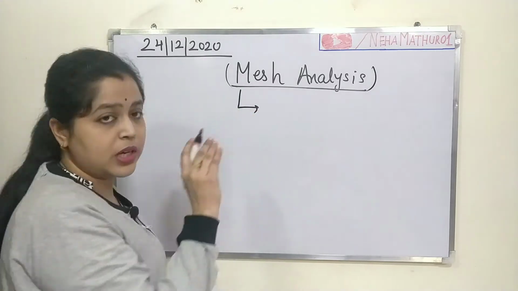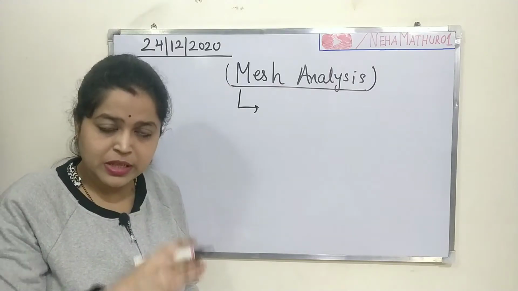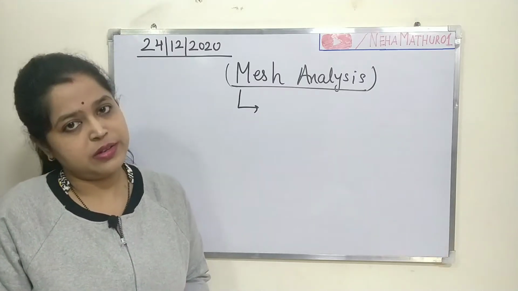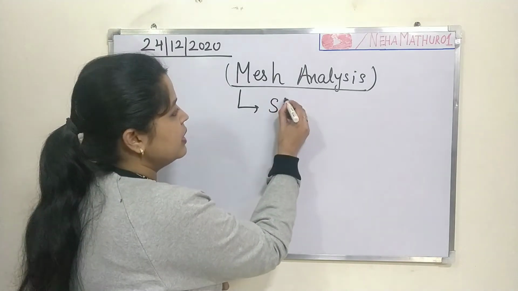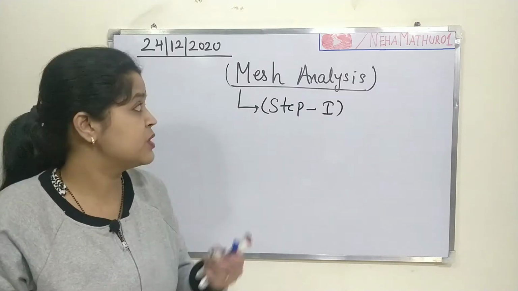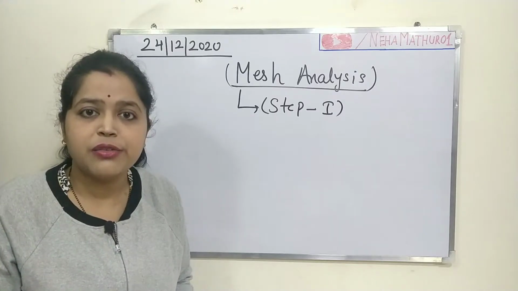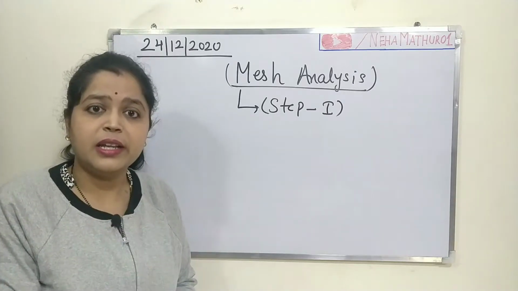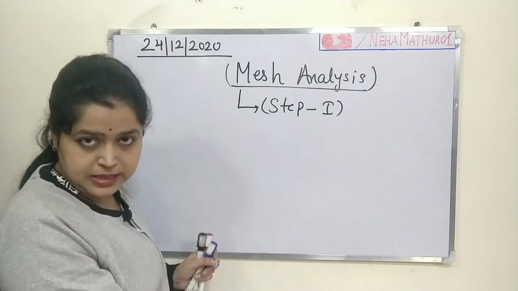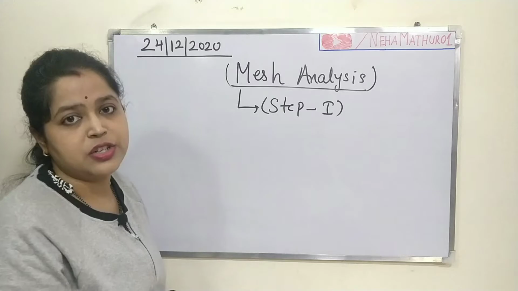So just like nodal analysis, here again we have several steps, and by following all these steps in a proper sequence, in a proper manner, you can solve your basic electrical network circuit. We will discuss all these four steps one by one. The first step, which is very important in mesh analysis, is that you will have to identify all the meshes present in that particular network circuit. I am taking one example, and with its help I will show you the process to solve that electrical circuit.